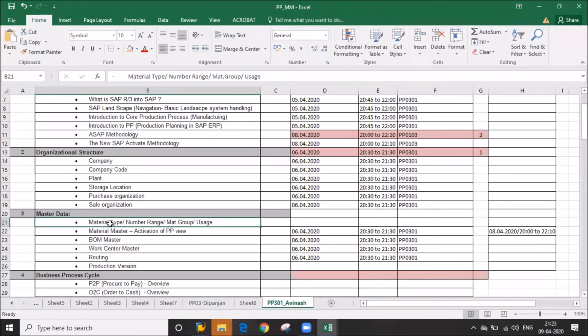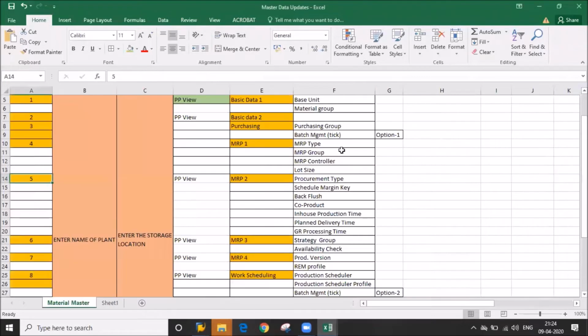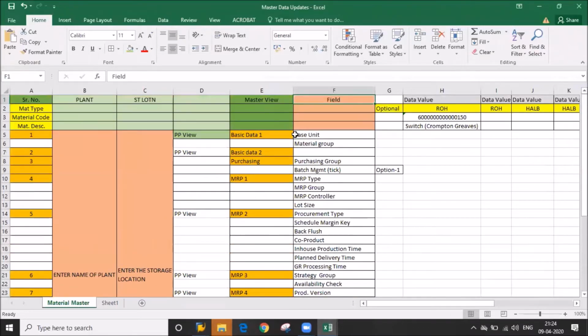So depending on the business process, the material consultant will create the material type. If it is maintained by the standard system, we can follow the standard process and standard material type. And number ranges. So what is number ranges in that case? If you see our raw material, it is an internal number.